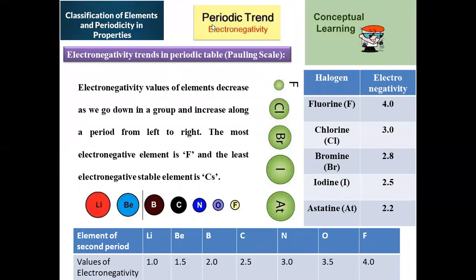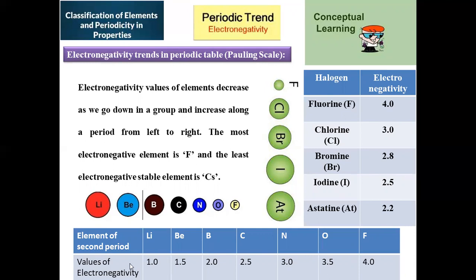And we are going to observe the periodic trends with respect to electronegativity by taking the halogen family and the second period. Again, we are going to compare. Just now we discussed fluorine with the highest electronegativity 4, chlorine with 3.0, bromine with 2.8, iodine with 2.5, astatine with 2.2. Astatine is exactly resembling hydrogen. And the highest value is assigned for fluorine, so the trend from top to bottom is a gradual decrease in the electronegativity values.